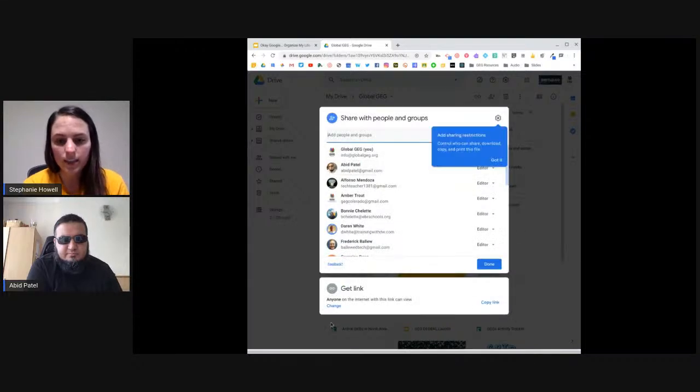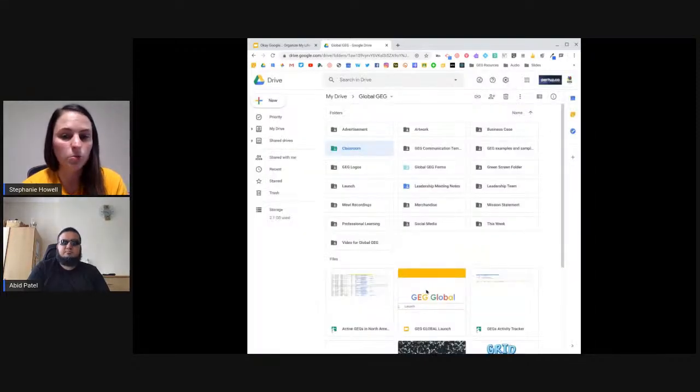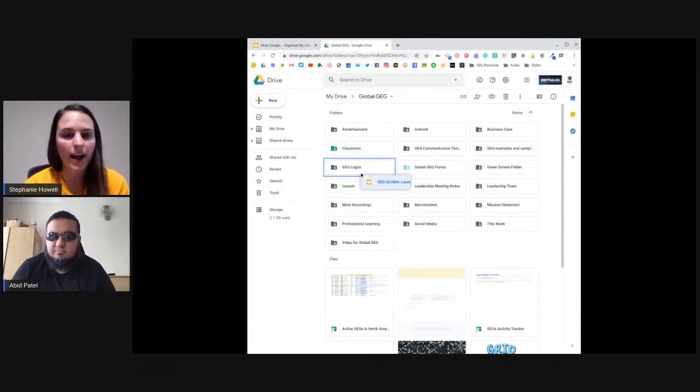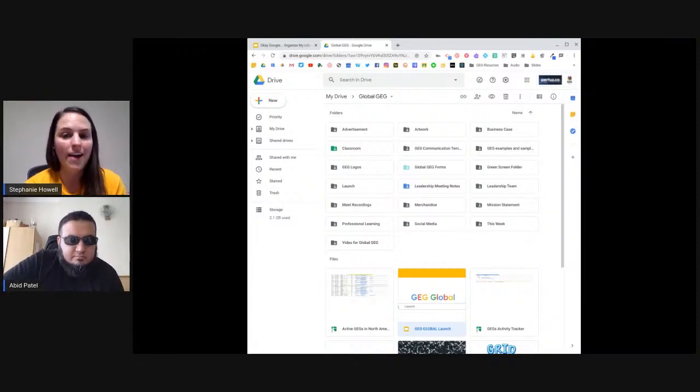And everything in this folder, it says anyone on the internet can view. I want to leave it like that. But if I wanted to change it, everything in that folder would be changed. So I no longer have to do it for individual documents. I just have to drag, put it in that folder, and then everybody can view that Google document. Such a huge time saver instead of having to go to share every single time.